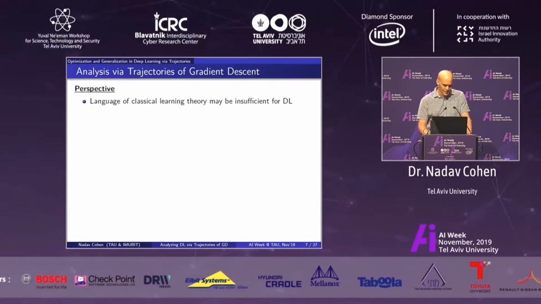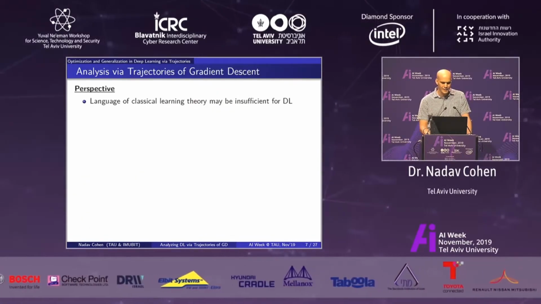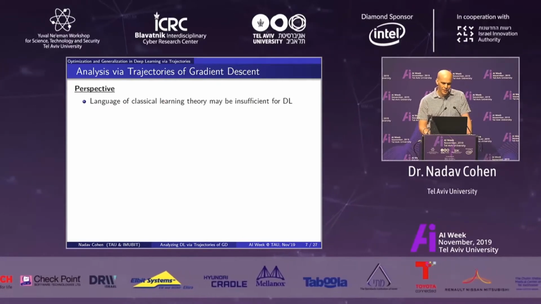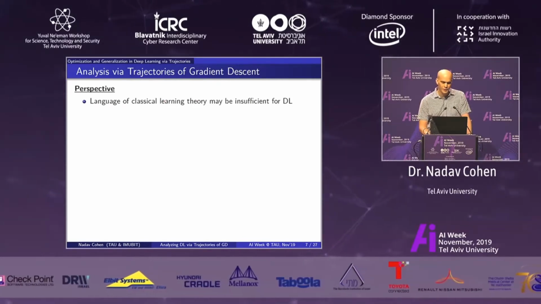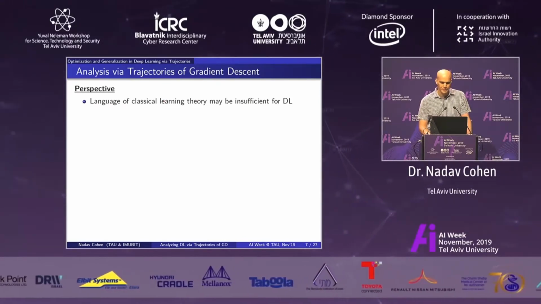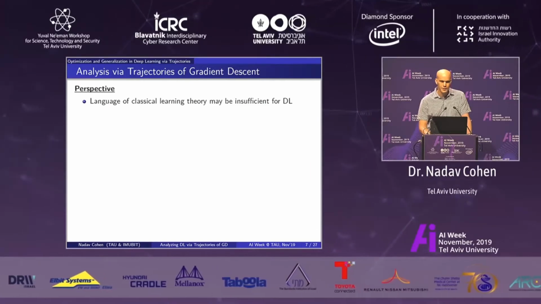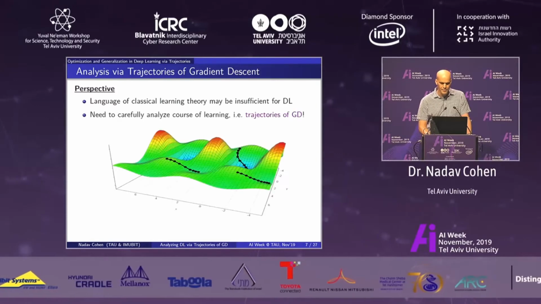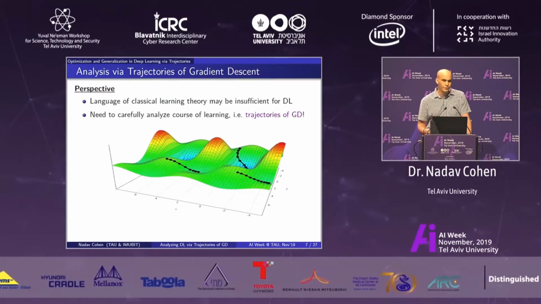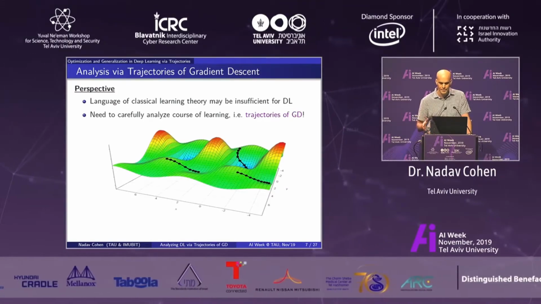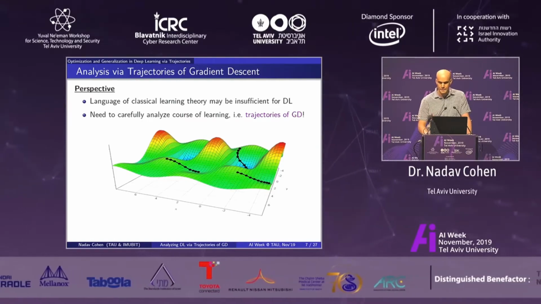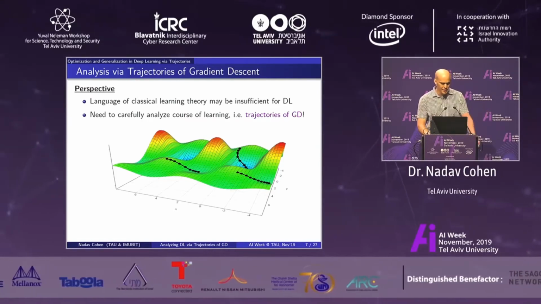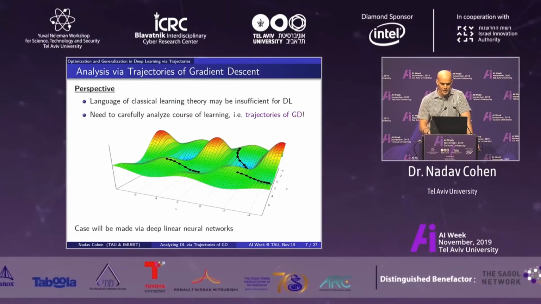The argument that I will try to make today is that maybe the concepts and the tools that we've developed over the years for classical machine learning are just insufficient for understanding optimization and generalization in deep learning. And maybe there's no way around carefully analyzing the process of learning, meaning the trajectories of gradient descent. That's the main position that I'm making,